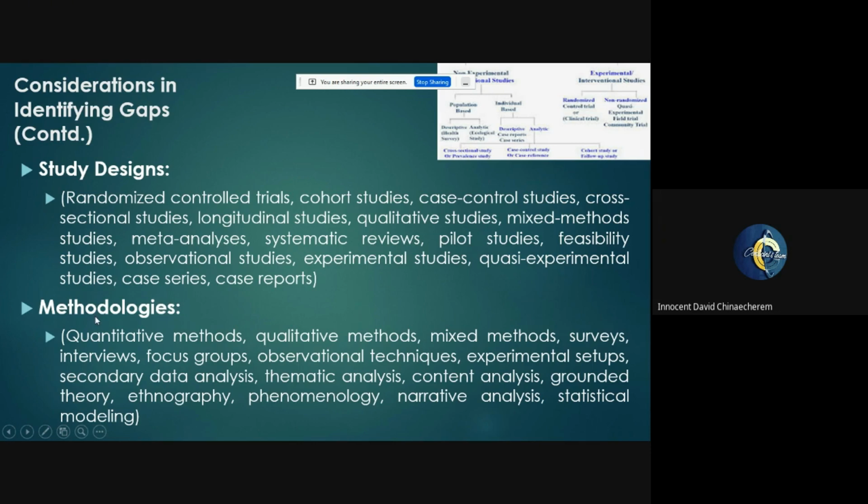And remember earlier on when I projected some of the core gap methods, I said something about methodological gap, right? It could be that it's a qualitative systematic review, but now you want to do the exact same topic using a quantitative approach. That was why it was imperative for us to have a session on paradigms in research, because these paradigms play a massive role in how we direct and shape our thoughts in refining our research question. So it could be mixed methods, surveys, interviews, focus groups, observational techniques, experimental setups, and all that, right? Good.